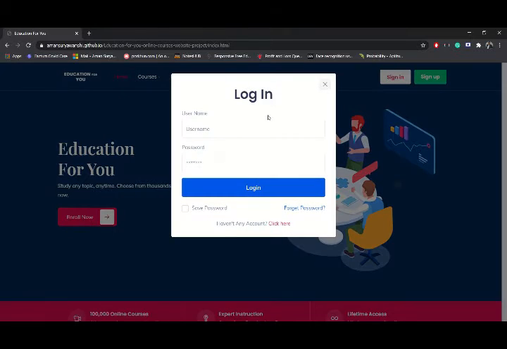If we click on it, we get a pop-up and a form in it. This pop-up is created using JavaScript and CSS, and it also uses JavaScript validation. The user can log in with their credentials here.